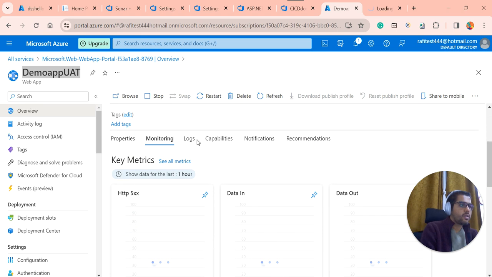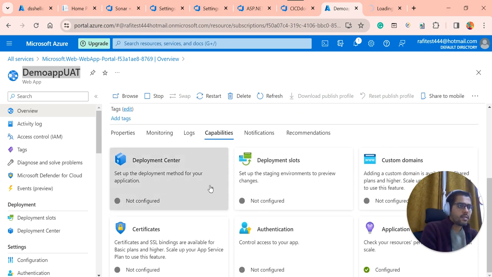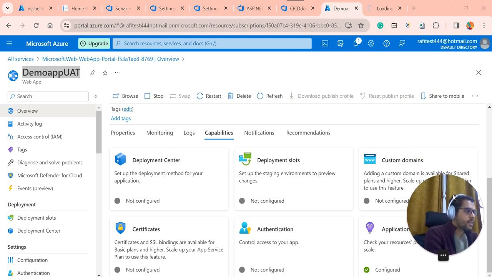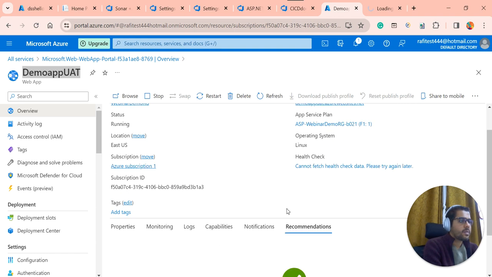This is monitoring, logs, capabilities, and it is clearly saying deployment center is not configured, deployment slots not configured, all of the other things, right? Notifications, recommendations,